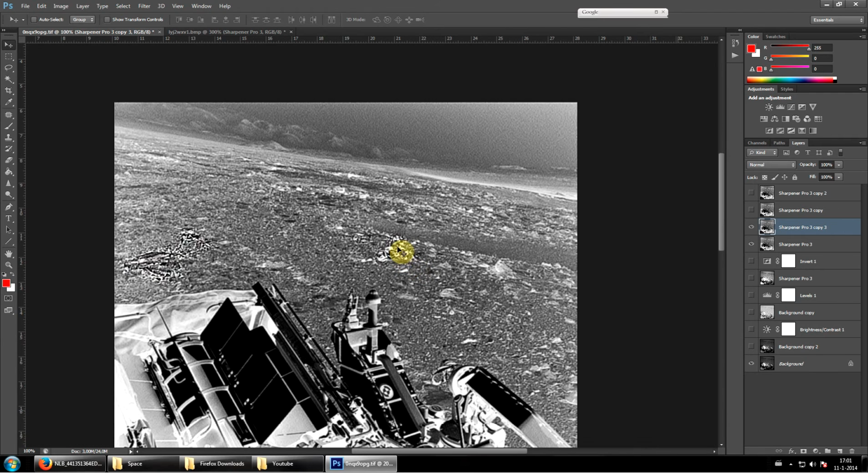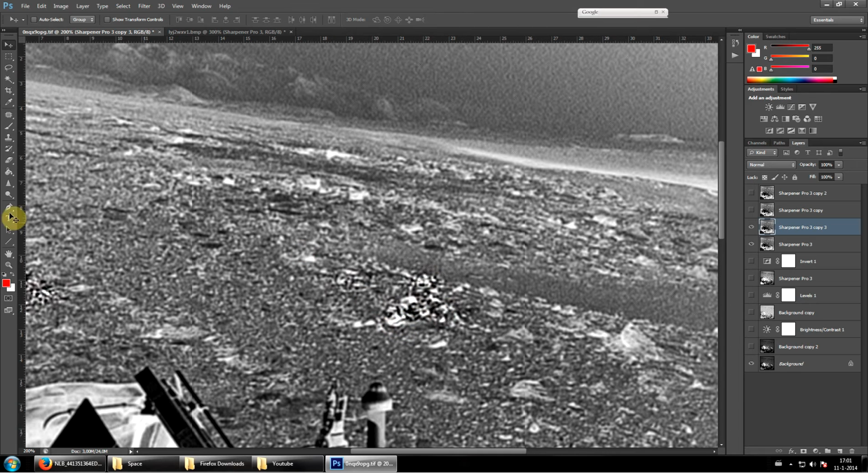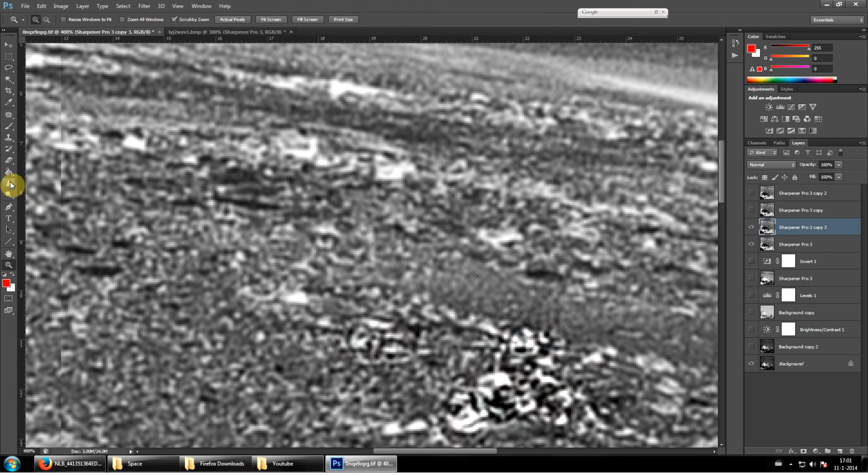anomaly. Now when I zoom out, you can clearly see this thing sticking out of the ground. What a weird thing. I have absolutely no words for it. As always, I don't know how often I've said that. Here's another thing,